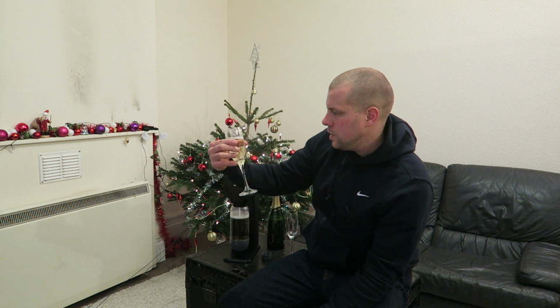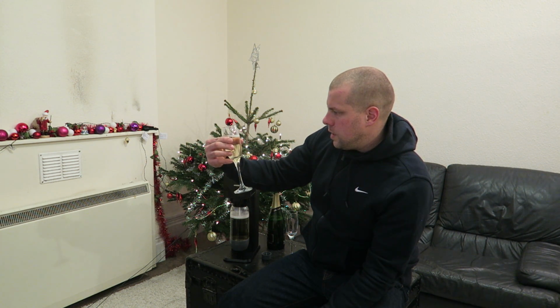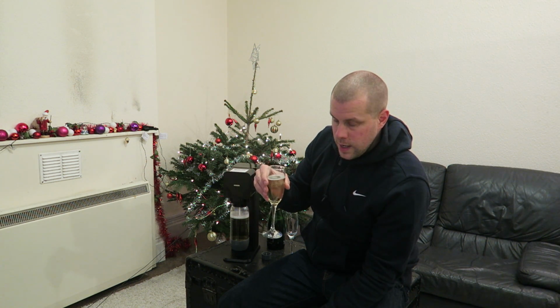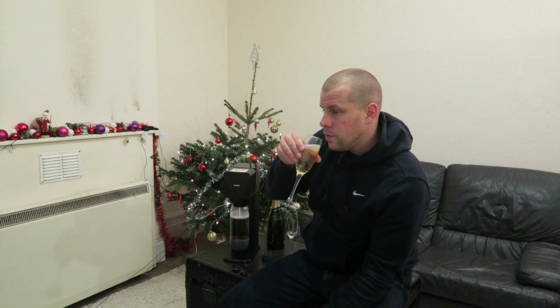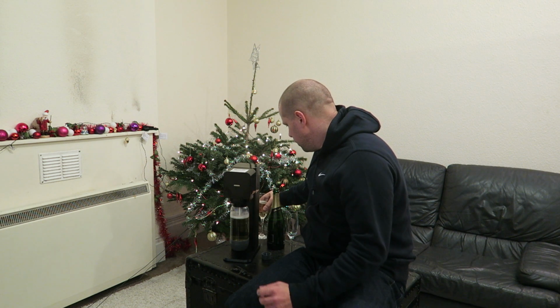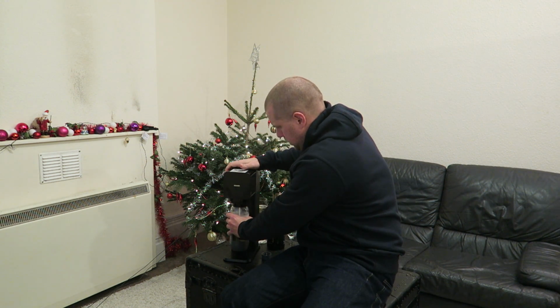But really, what I'm trying to get right is the carbonation, the bubbles. If you can get that right, I can buy a decent dry wine for a lot less than you can buy a decent champagne. I'm also keen to give it a go on the reds. So let's...